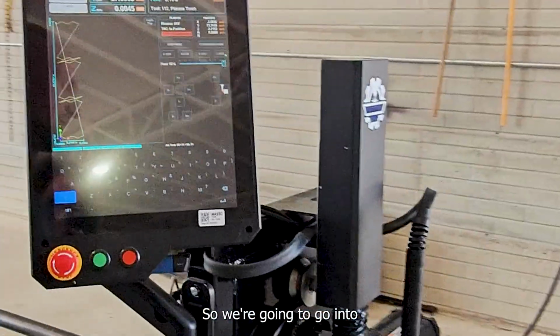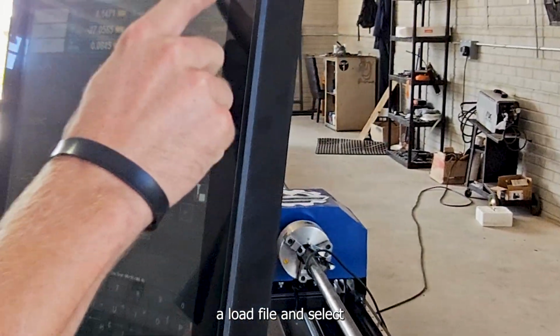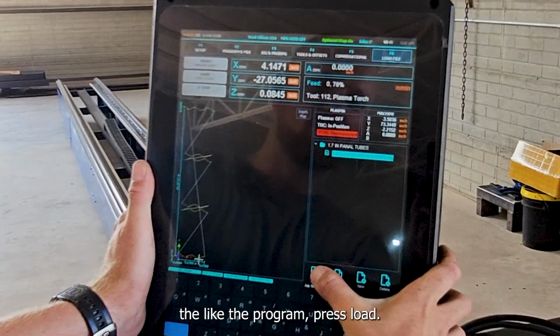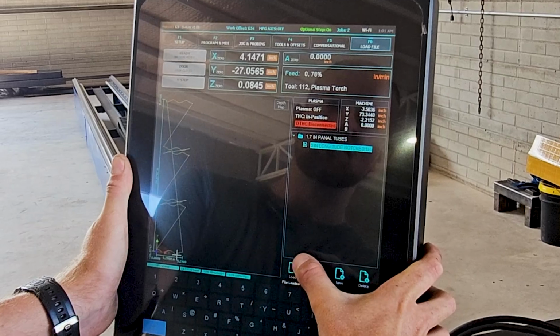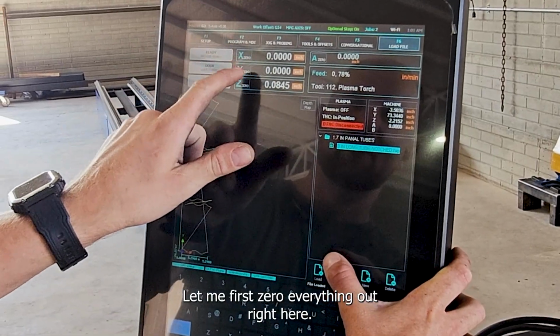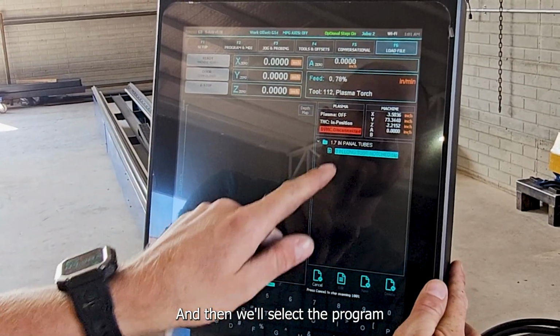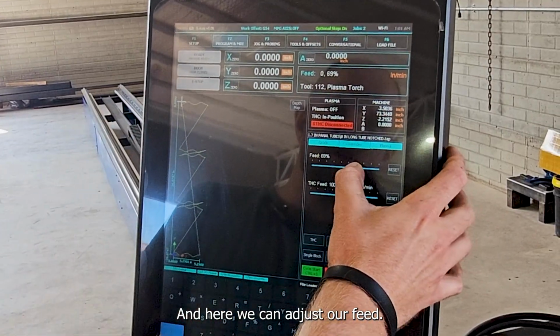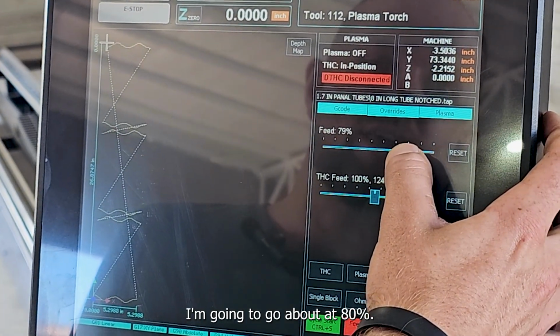So we're gonna go into load file and select the program, press load. Let me first zero everything out right here, and then we'll select the program, and then go in the program mode, and here we can adjust our feed. I'm gonna go about at 80%,